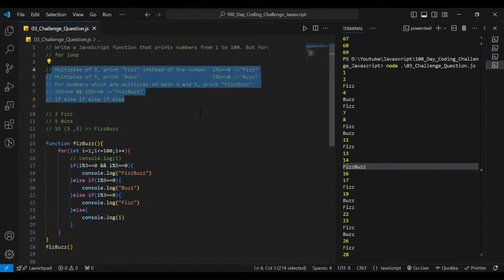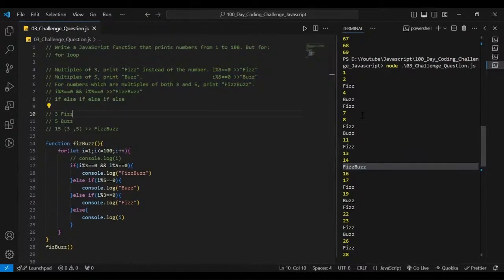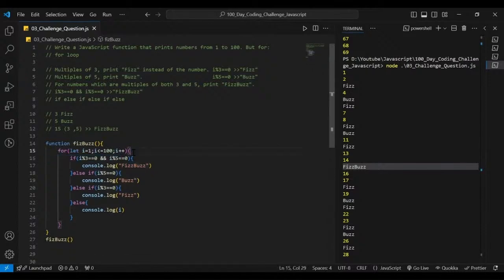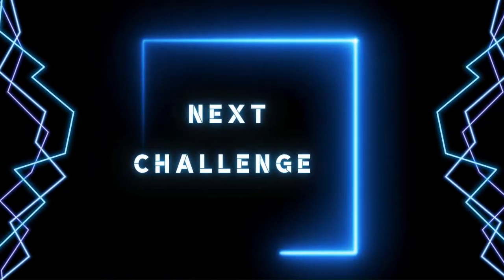Okay, so this is what we have over here. And if I have to recap once again what we have done, we have first found the modulus of 3 and 5 together, that is multiples of both 3 and 5. It is printing our FizzBuzz here, and then we have the rest of the conditions printing as desired, fizz and buzz. Okay, so this is what is there, and if you run it, you get this code executed successfully. Let's move to our next challenge, and this challenge is to find the sum of